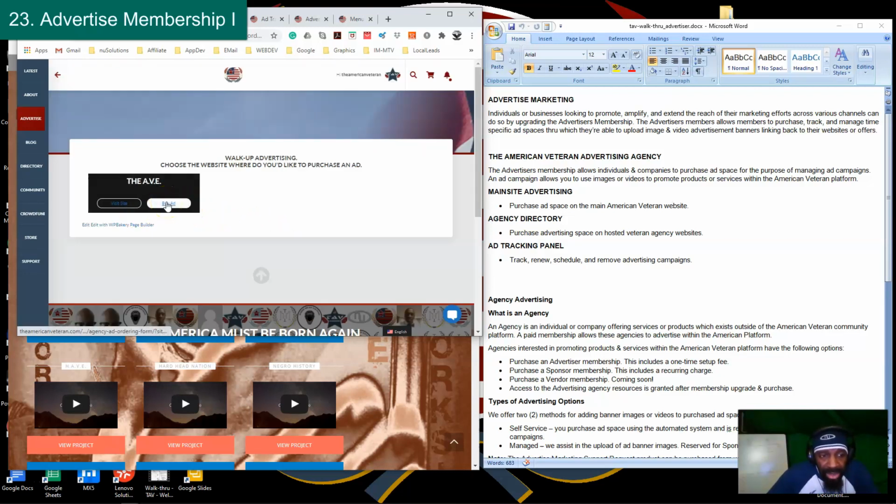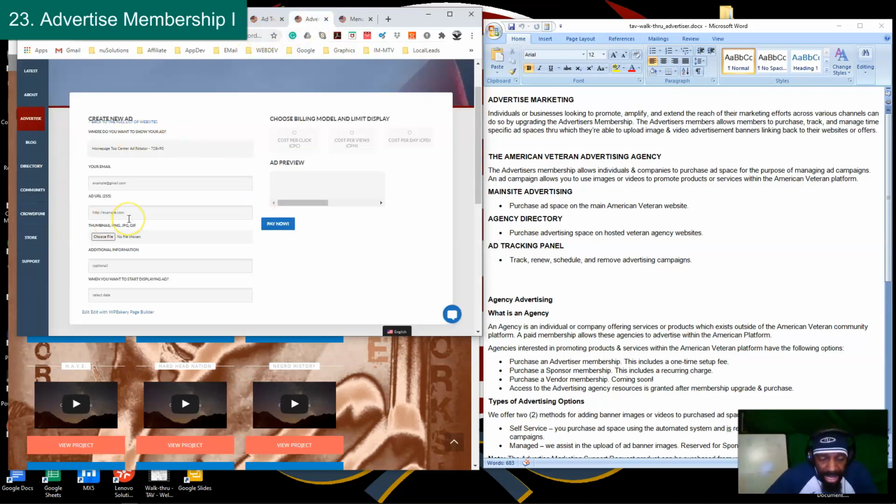And then when you go click to buy an ad, you're going to receive the same kind of form that you saw on the main ad site. If I make 8 spaces available, you will then be able to click here and you'll see those 8 spaces, and you'll fill out this form the same exact way that you did on the main site. Everything is the same, including the date. You're choosing the date, and then you just make the payment, and then I'll receive the notification that you made the purchase. And then from there, you just go to the tracking panel and you track your ads. All right, that's it. That is, in a nutshell, how the